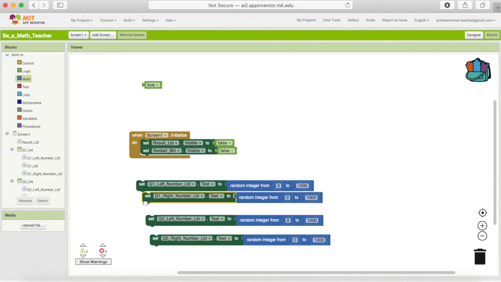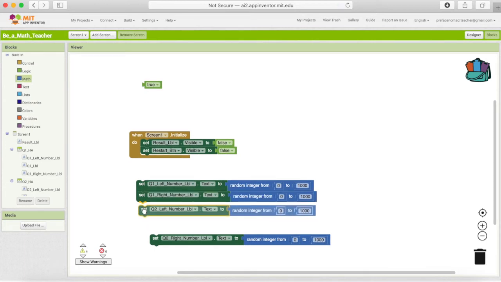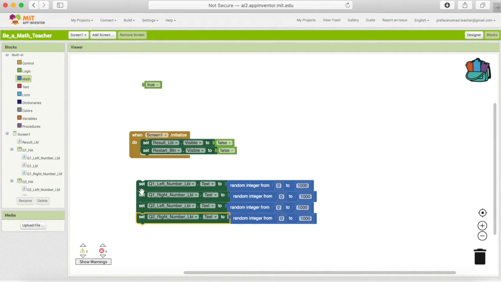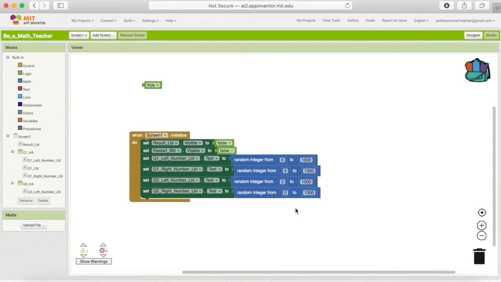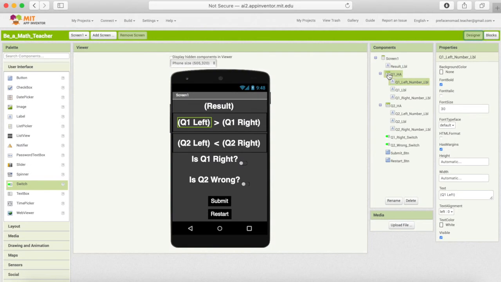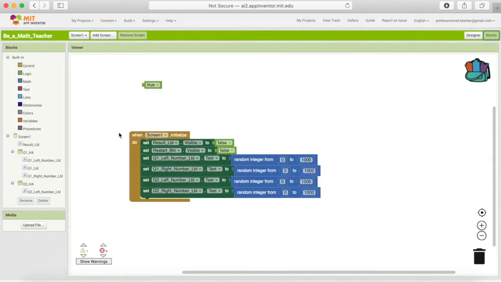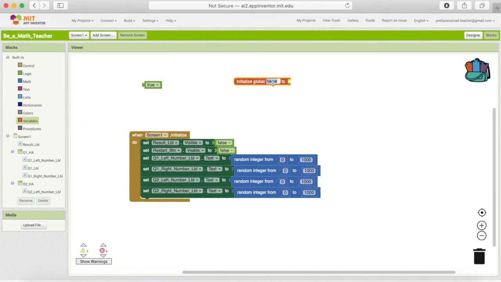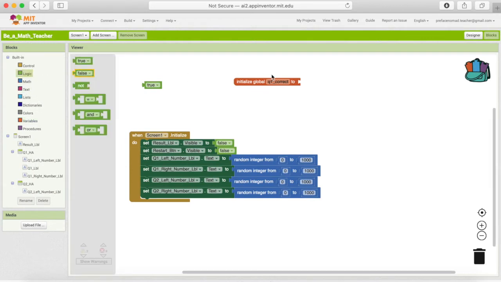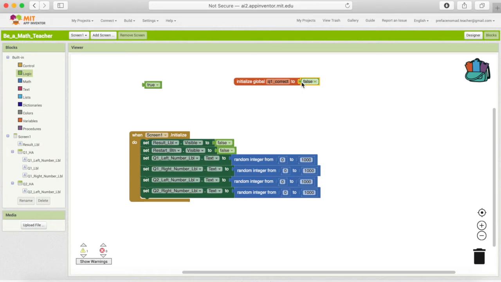Stick them all together, and then I'm gonna put them in when screen 1 initialize. Next, I'm gonna need something that is going to help me save my answer, whether it's correct or wrong. In order to do that, I'm gonna come into variables and create a variable. I'm gonna say Q1 correct, and I'm gonna give it a value of false, which is one of these Boolean values that we have learned